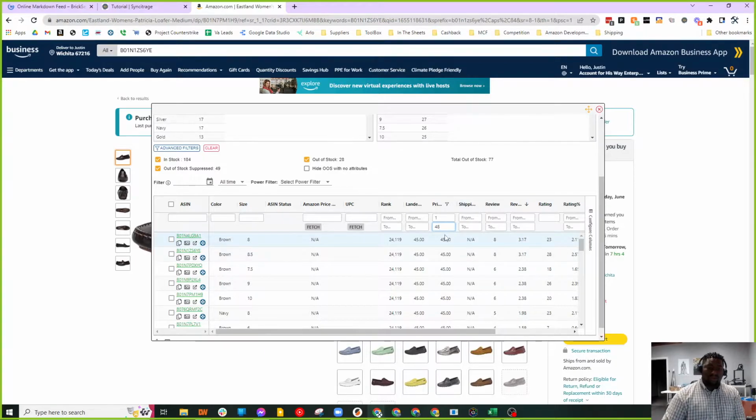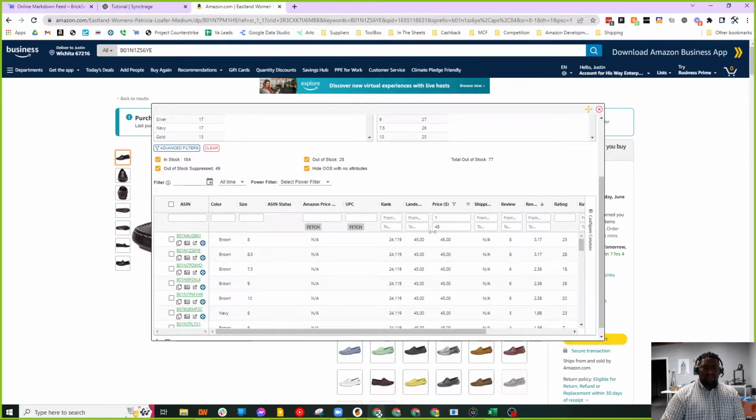So then we can sort, or I'm sorry, filter that table by using the price column. And right now we know our buy cost is $45. I like to go a few dollars ahead just in case, and this happens to me a lot where one listing's target buy price is $45, but another listing may be 45.50 or 47 bucks. And if you still have enough room, then you can buy those for a few extra and still get away with it. So now we filtered the table by our price point, and then we're going to sort